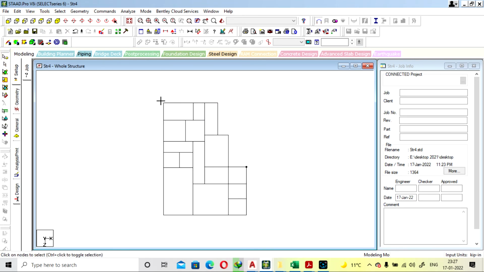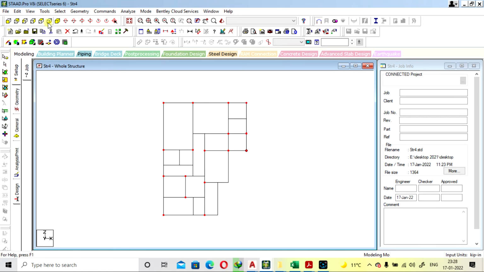Now select the nodes. On whichever nodes we are going to apply the column, you have to select only those nodes. It is okay, and here it is okay. So this will be fine.